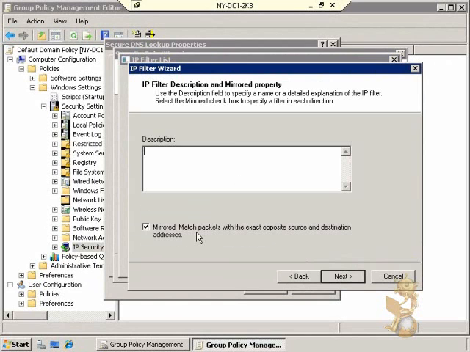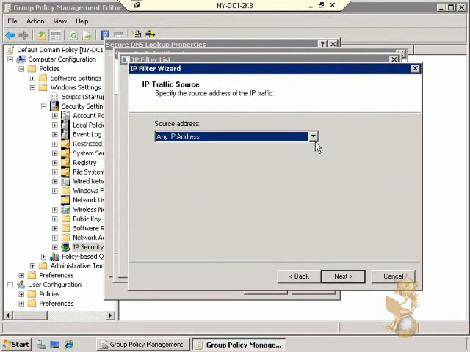Before Windows Server 2008, when we were going through this, you used to have to set up both the source and the destination, and essentially probably 90+% of the time you're really only worried about a specific type of traffic, and so you would set it up with this mirrored configuration on the opposite side, and it was really just extra work. So now by checking that box, you'll see here when I click on Next, whatever I set up